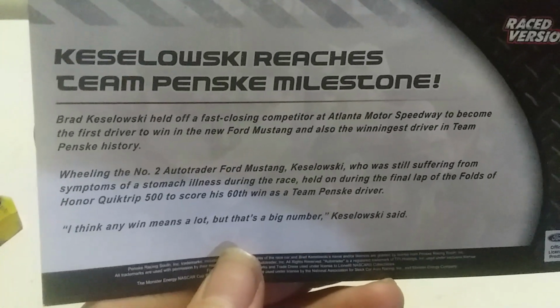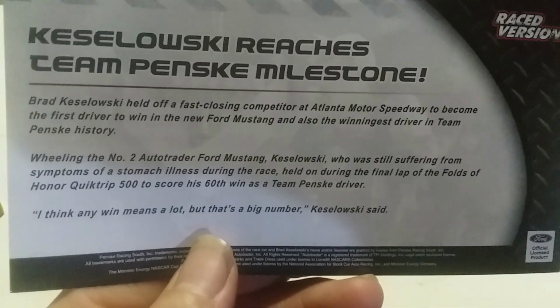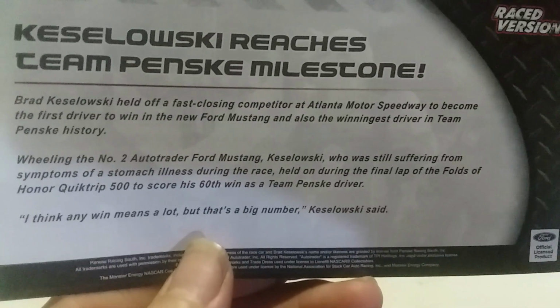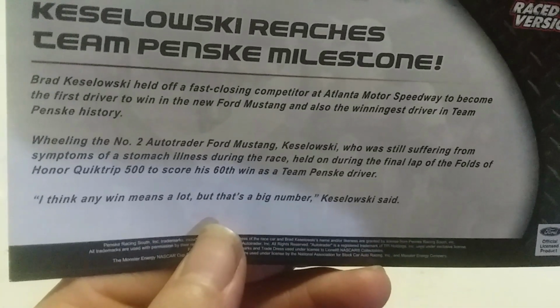Keselowski reached Team Penske milestone. Brad Keselowski held off fast closing competitor Martin Truex Jr. at Atlanta Motor Speedway, becoming the first driver to win in the new Ford Mustang, and also the winningest driver in Team Penske history. Wheeling the number 2 Autotrader Ford Mustang, Keselowski, who was still suffering from symptoms of a stomach illness during the race,